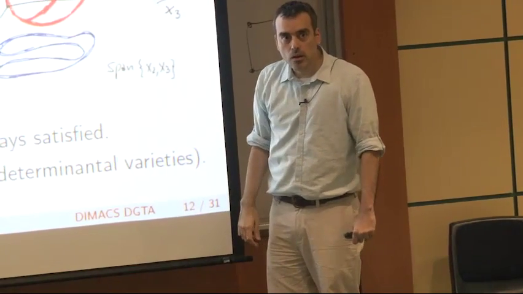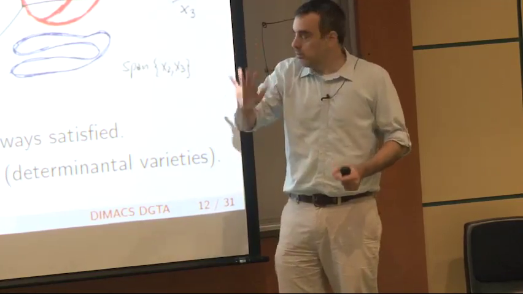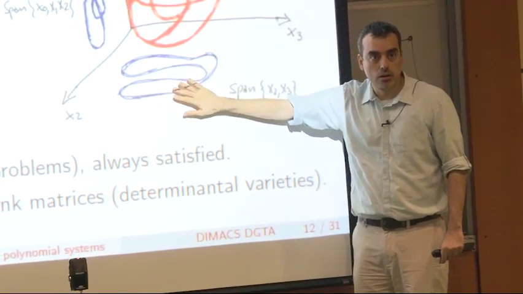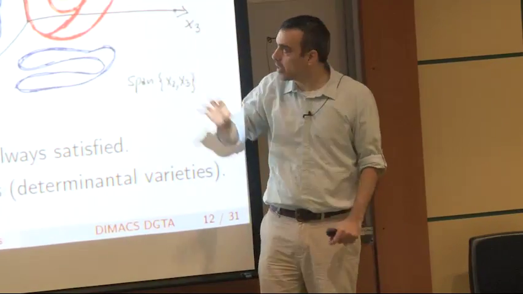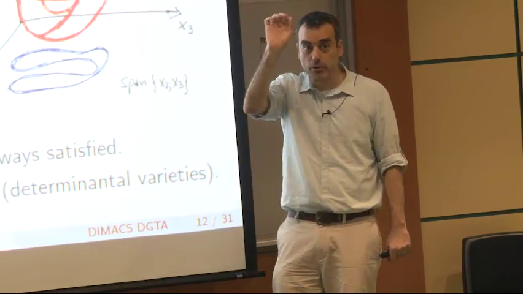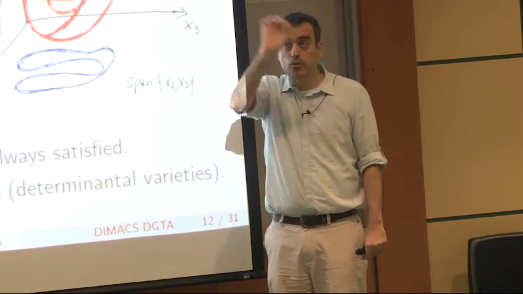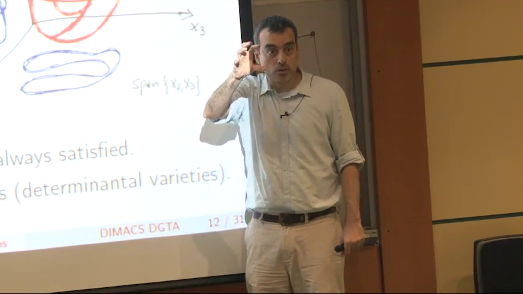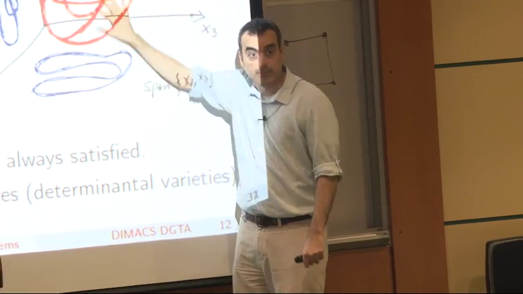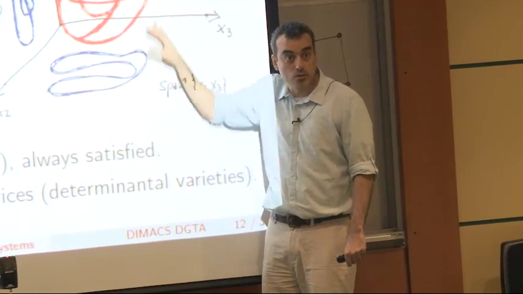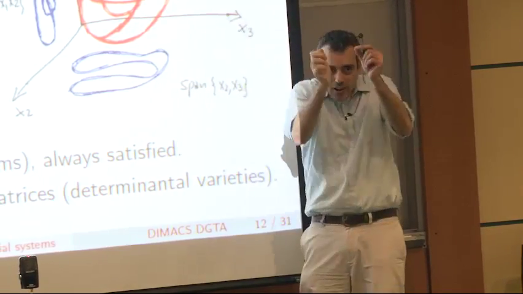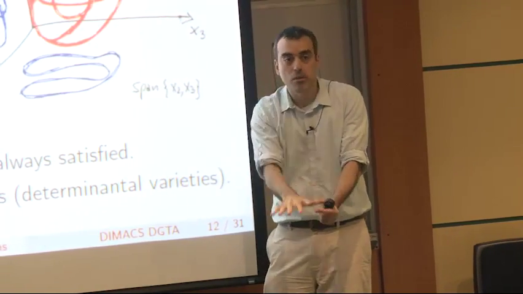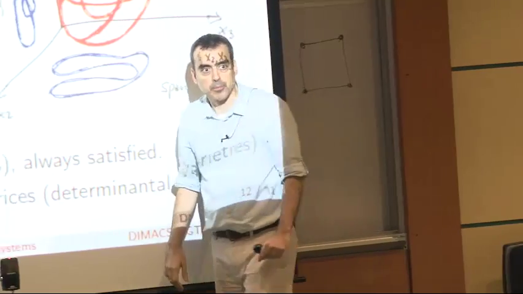This number can go up or down on the projection? Once I project, I have a variety, and there's a number associated to this. Oh, yeah. The simplest case is to think about the case of points. If my variety is just a union of points, the degree is really how many points I have. And in that case, depending on the configuration of these points, if I pick a random cloud of points, of course, when I project them, I'll have exactly the same number. So the degree is going to be the same. But if my points are carefully aligned, like the vertices of the hypercube, whenever I project them, the number may go down exponentially or something.